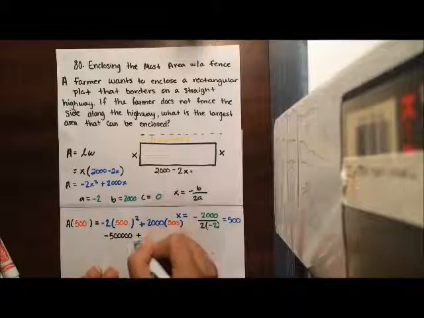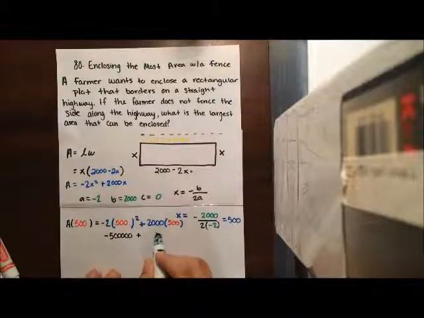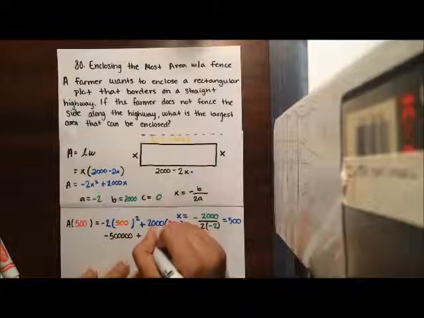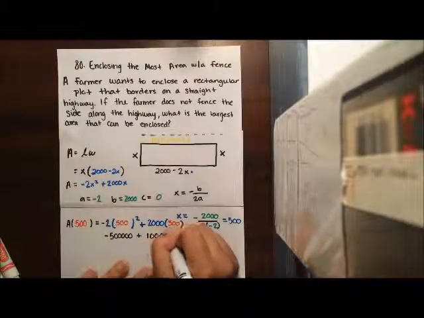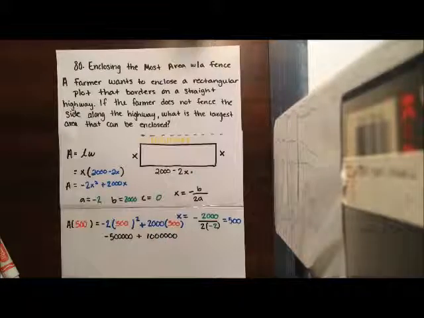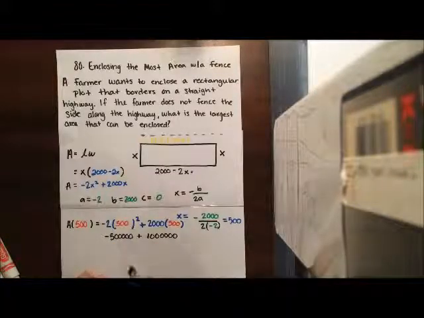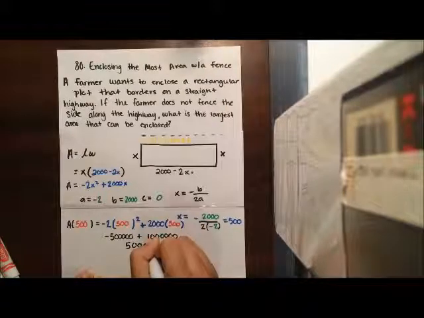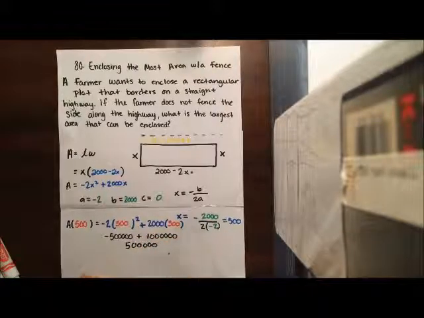And then you're going to add that to 2,000 times 500, which is this number. And then you add these together, and you get 500,000 as the largest area that can be enclosed in the